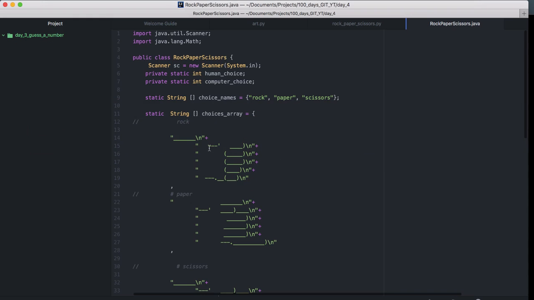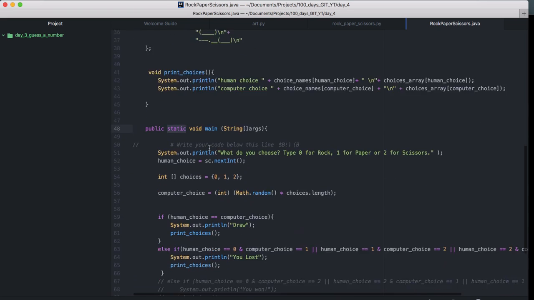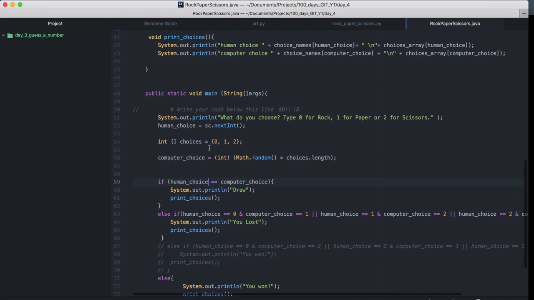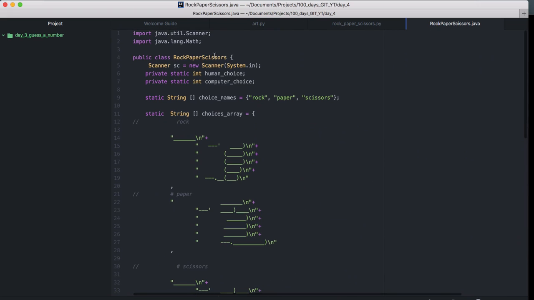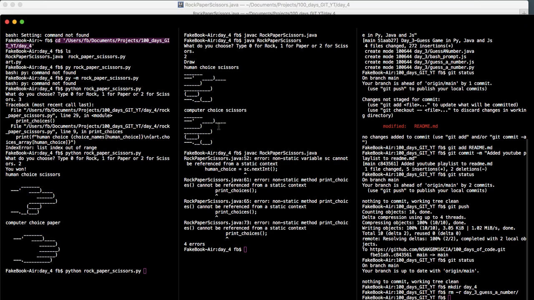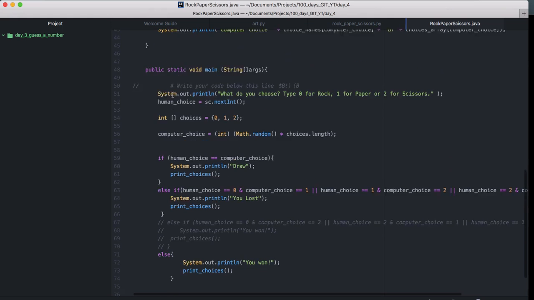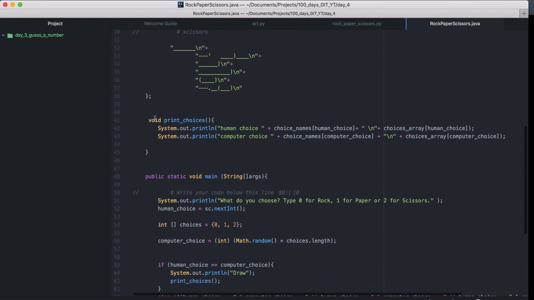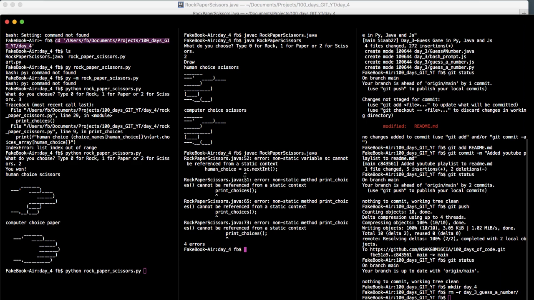So what you need to do is you're probably going to have to create an instance, right? Which means then you say, my class is called RockPaperScissors, like this, right? And then you come over here. Which one was it? Let's correct one of these, alright? For now, let's correct one of them. Let's just make this one static, alright, and save, and come back here, compile, so that we have one error left.